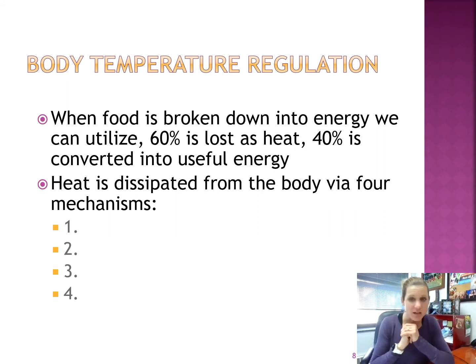Okay, convection has to do with heat exchange via movement around us. So again, we usually think about convection as it relates to wind movement or water movement. Think about a convection oven, for example. The way a convection oven works is it has a little fan or blower inside the oven, and it swirls the heat around, and the swirling of the heat allows us to cook the food more evenly, and I guess it's supposed to taste better. I don't know, I'm not a great baker, but that's basically how a convection oven works.